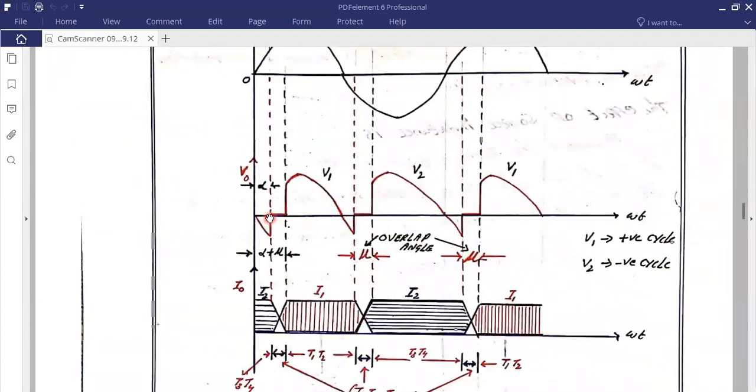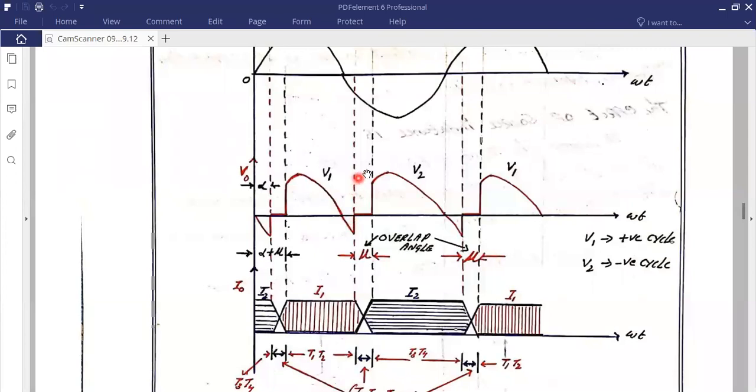So actually the waveform should start from this point, and it should be the same as the supply voltage waveform. As alpha is the firing angle, suppose we consider the extinction angle to be alpha. So this particular point is pi, and this point is pi plus alpha. That is the voltage provided by the conduction of T1 and T2. Again at pi plus alpha, we need to give the triggering pulse for T3 and T4. So the conduction starts here, and you have an instantaneous voltage.